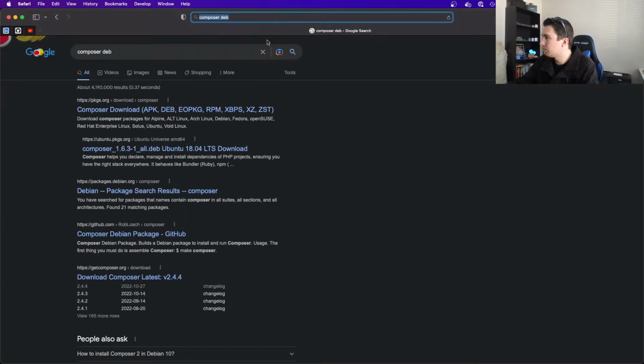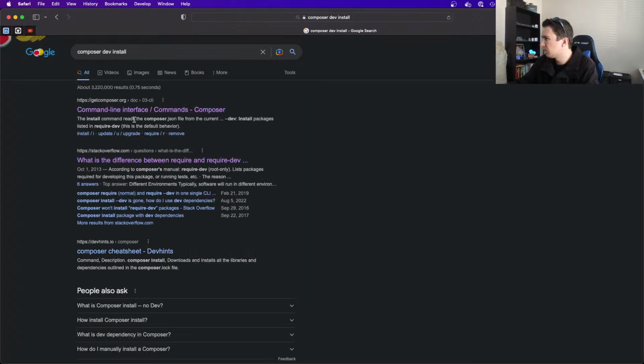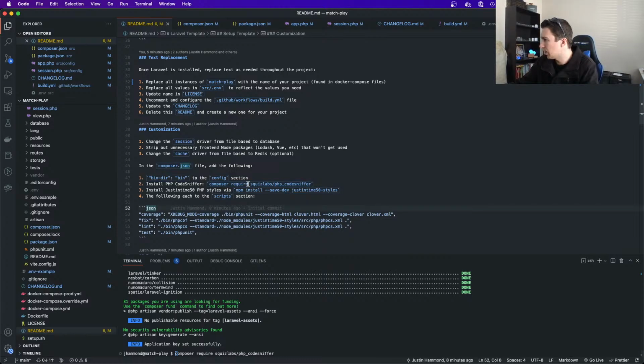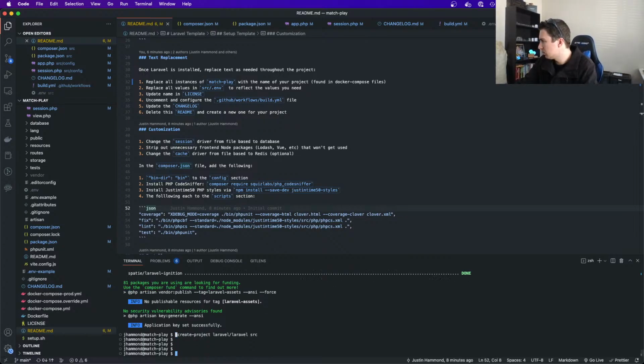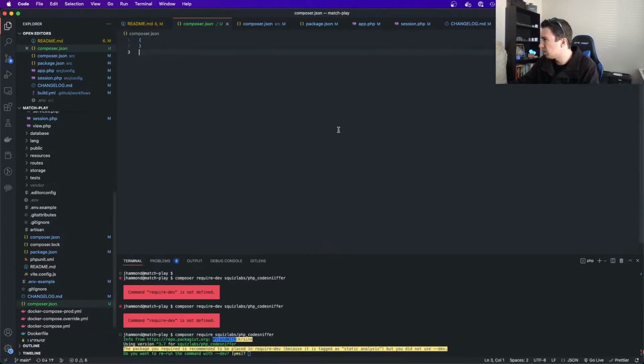Composer dev, install. I think just require dash dev. Composer require dev squizlabs php code sniffer, and it doesn't know what require dev is. Too bad. So let's just go ahead and paste this in, and I'll just manually move it.